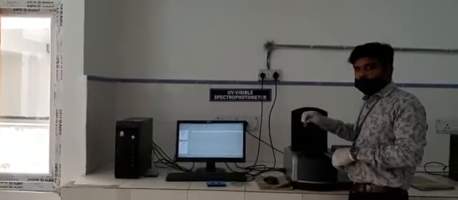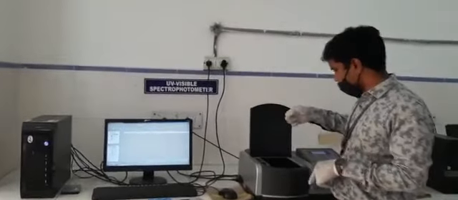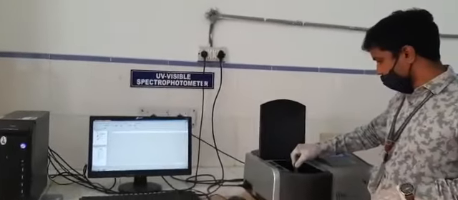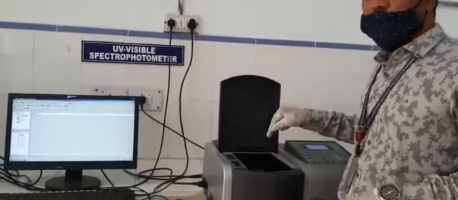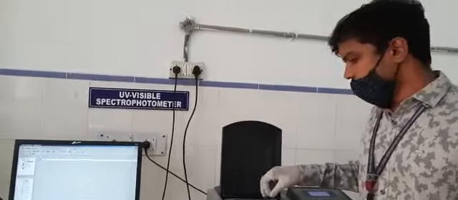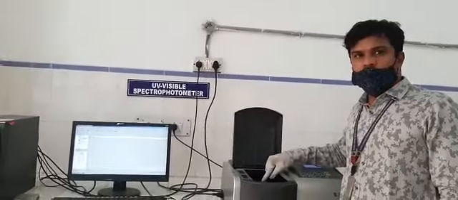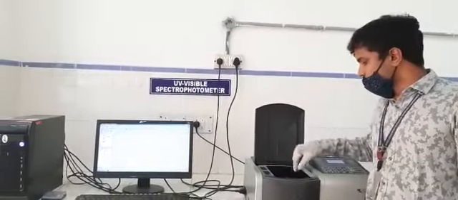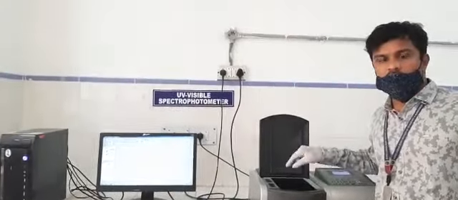Here we are having 2 different sites, and the light passes through that one. Through that wavelength, we are getting the phosphate values and the nitrate values. So we need to set the wavelength. Based upon the wavelength, we are getting the levels of phosphates and nitrates in the wastewater.